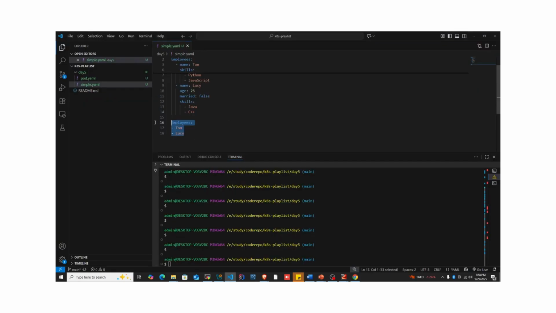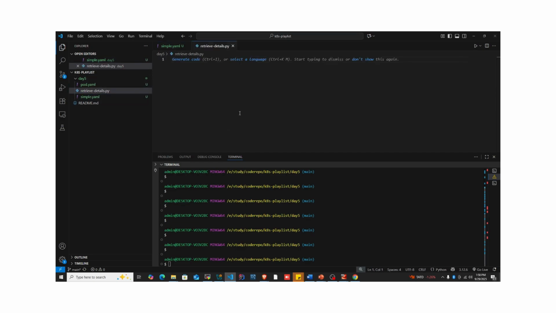For now, let's remove the employees list for a moment and let me show you how we can retrieve or use the details using a Python program. So, this is not important from a DevOps or Kubernetes point of view, I just wanted to show you how we can retrieve. So for that, create a file retrieve_details.py,